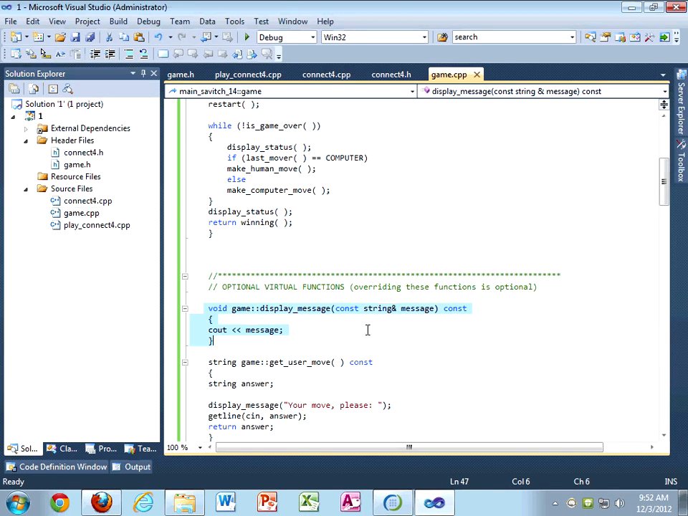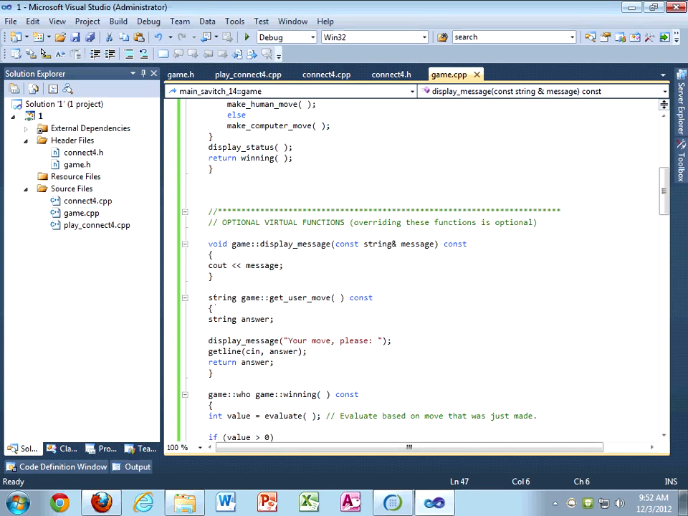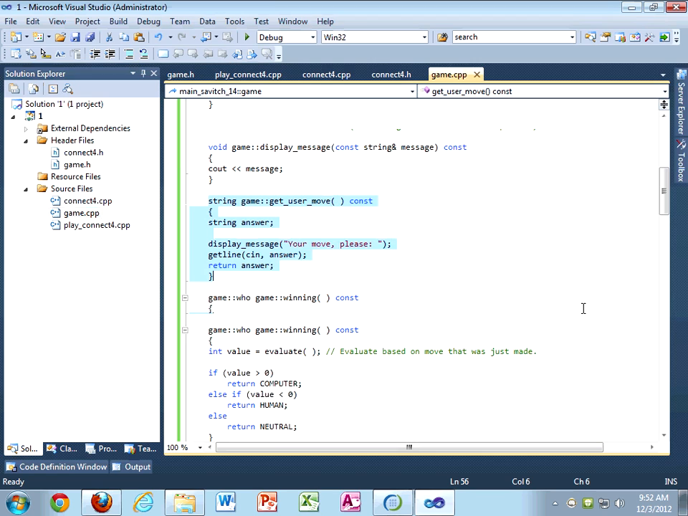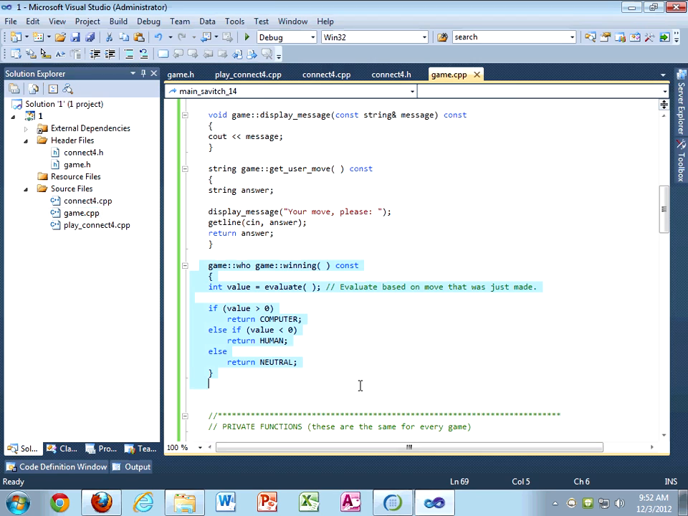Okay, there's the ones that you can override. The display message, the default version just prints out whatever message you sent it. Okay. Get the user move. That's kind of a typical way of doing it. So unless you have some sort of a special thing, then you can just use this version. Winning is